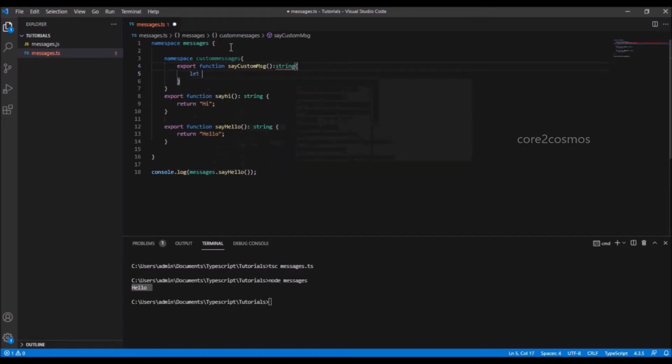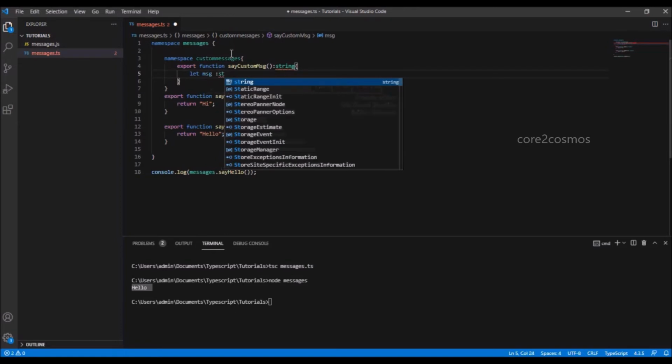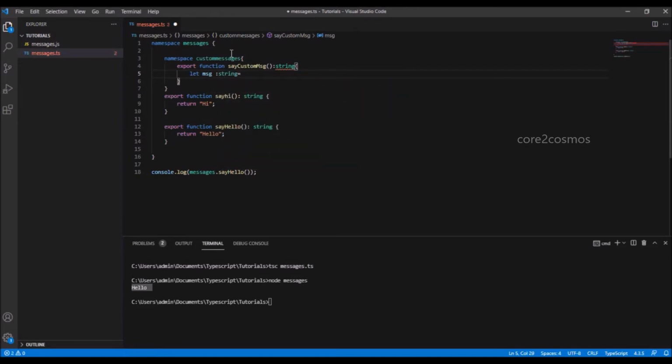I declare a msg variable by saying let msg be string, and it is going to concatenate the messages.sayHello return value and messages.sayHi's return value.